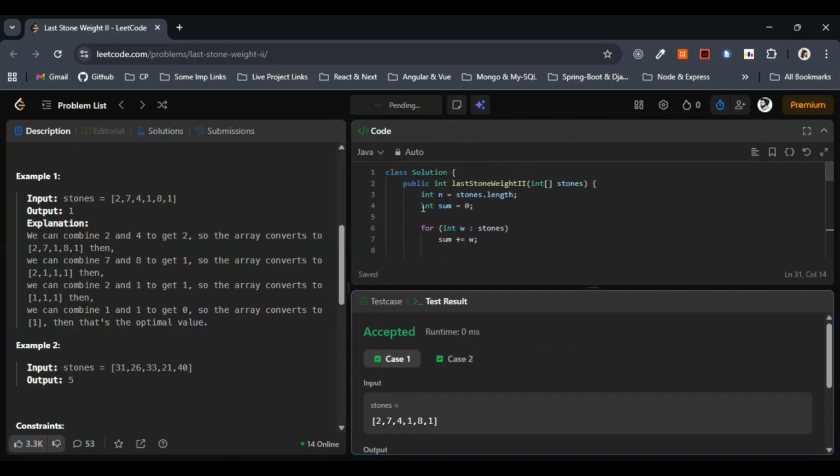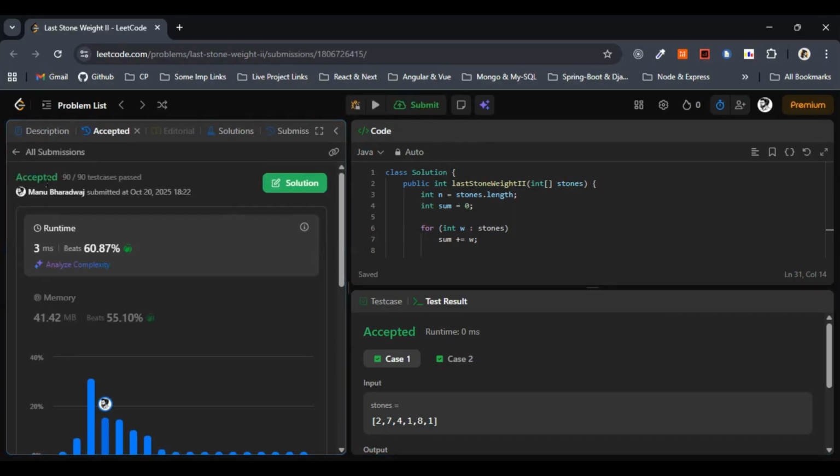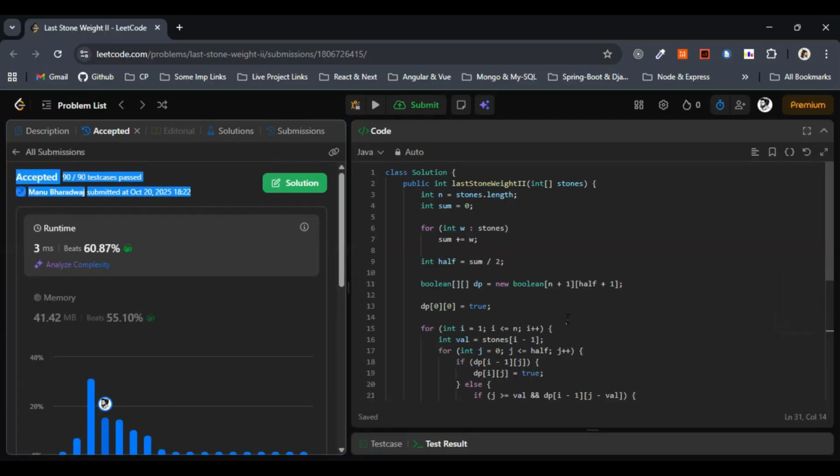Let me hit the submit button. Sample test cases are getting passed, I hope. Yeah, all the test cases are getting passed. So whatever code we have written works absolutely correctly for all the test cases, right? I hope the solution part is completely clear